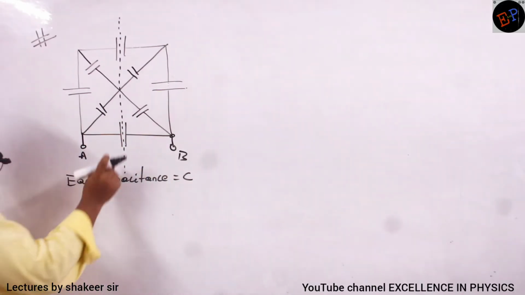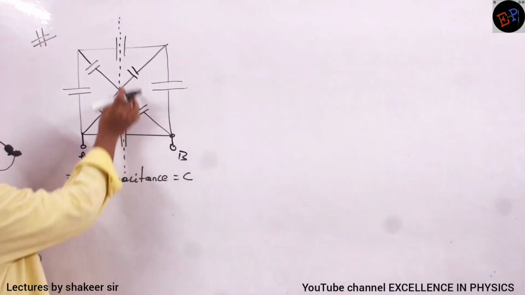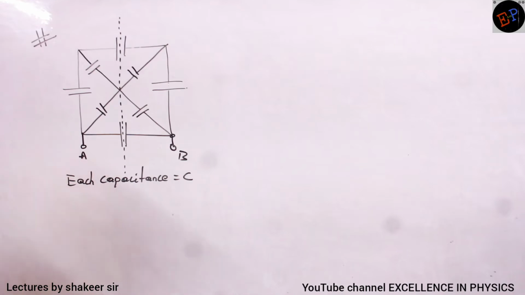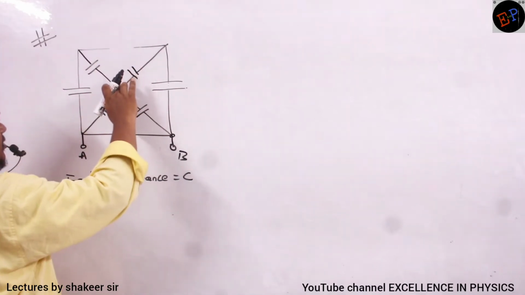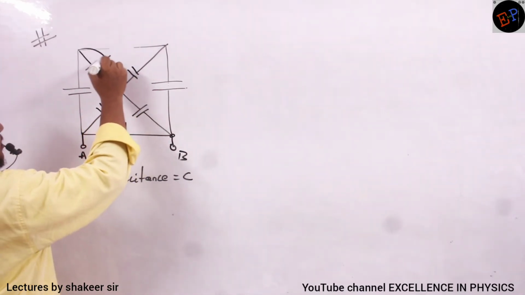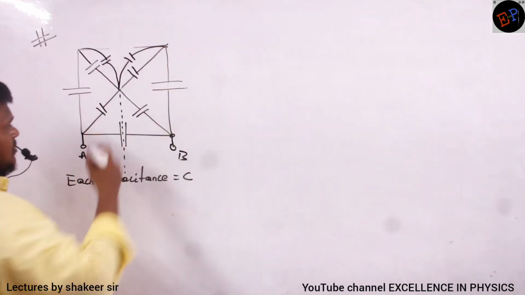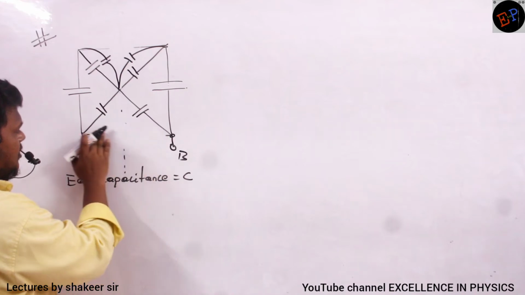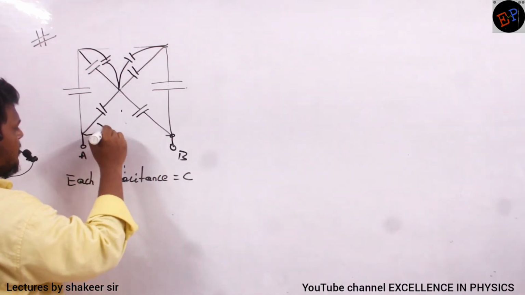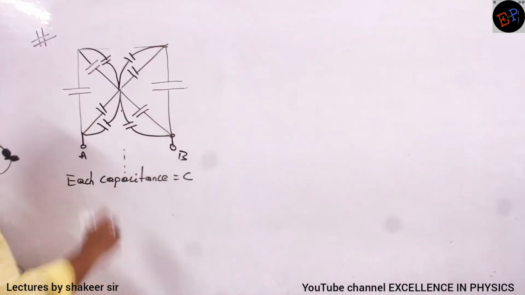Therefore, what I can do is, this capacitor I will split into 2 capacitors. This capacitor also I will split into 2 capacitors. Are you able to understand? Therefore, here only I am drawing, ma. How can I rejoin them? So this is one capacitor joined like this. This is another capacitor joined like this. Clear, no? Similarly, this capacitor also I can split into 2 capacitors and join the equipotential points. I can join like this.